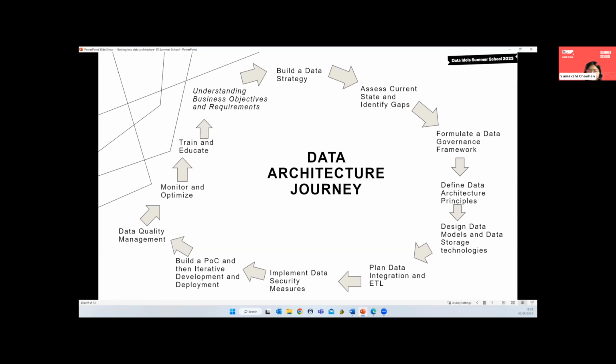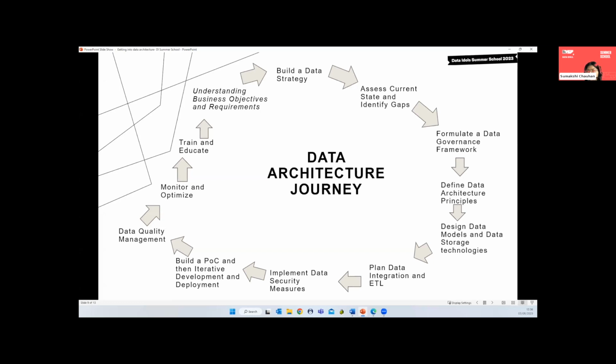Once we have planned the ETL and the integration of these different data sources and applications, then we look out for implementing the data security measures. Now we know, okay, we have, let's say, 10 data sources. We know how we are going to connect them and how the data would flow across each of them. But we also need to ensure that all of those 10 data sources are secured. All of those 10 data sources have appropriate encryption, access control methods, etc., just to safeguard the data for an